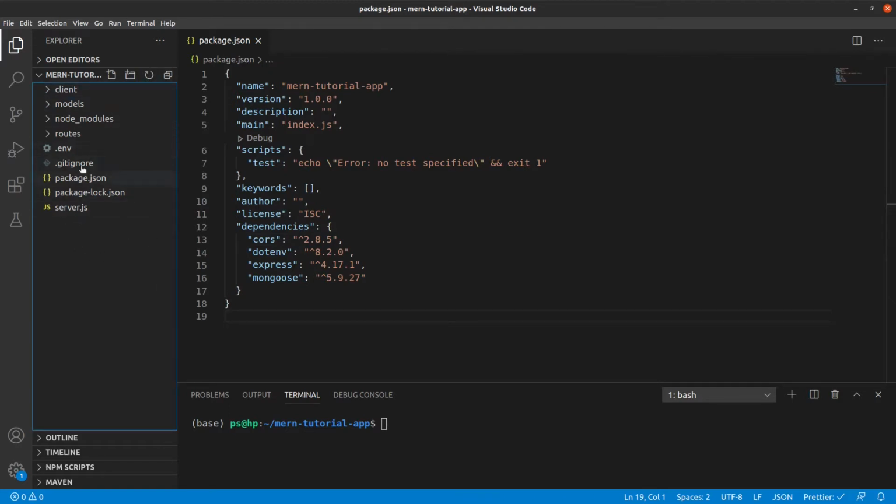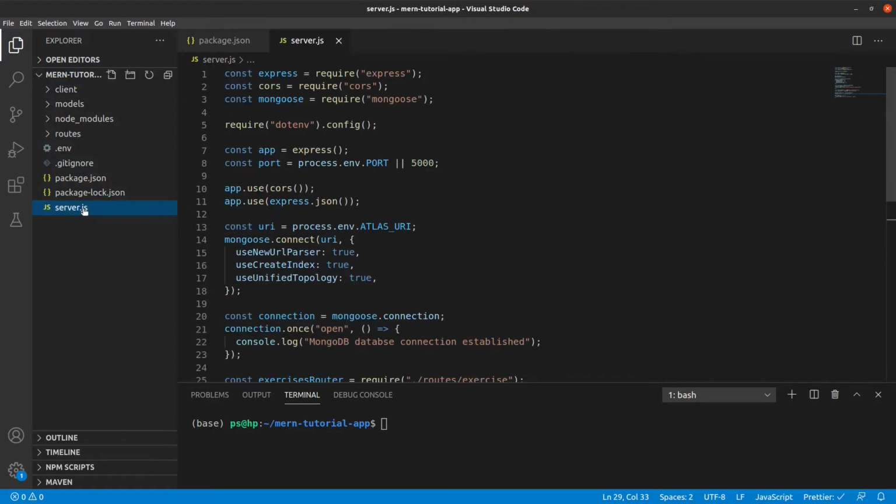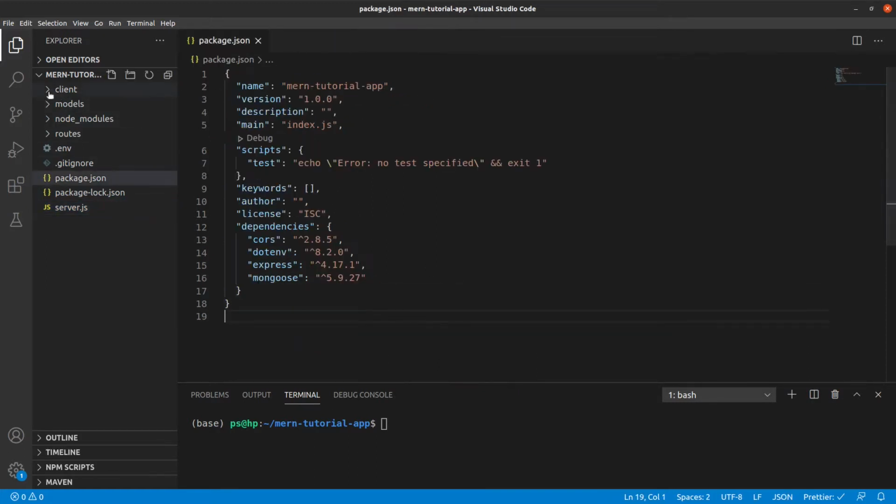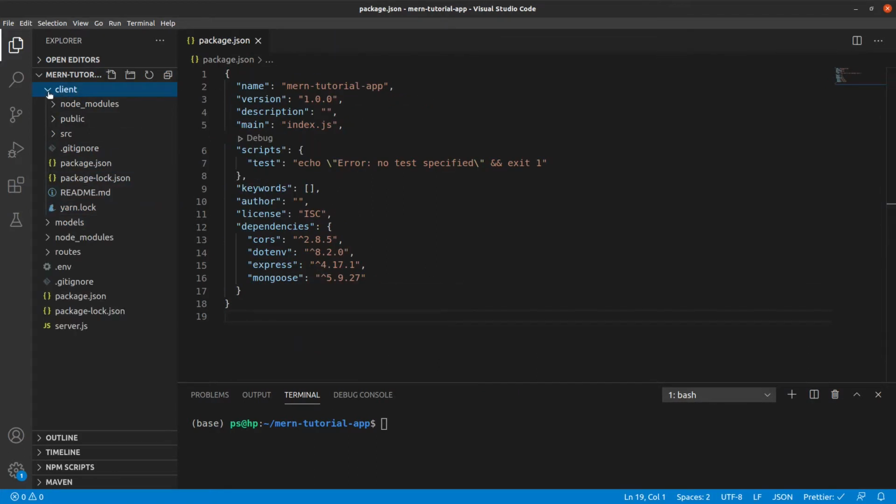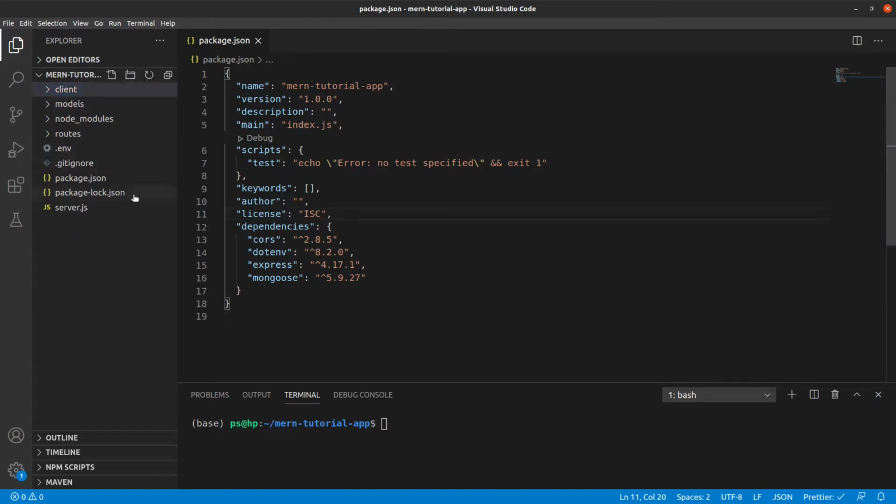So in the root folder, we have our server application, or the Node application, and in the client folder we have our React, or the front end part of our application. Okay, but if you imagine, how would Heroku know that your front end part is in the client folder? This could have been anything. This could have literally been front end, or it could have been anything, XYZ. So we need a way to tell Heroku that our front end code lies in the client folder.